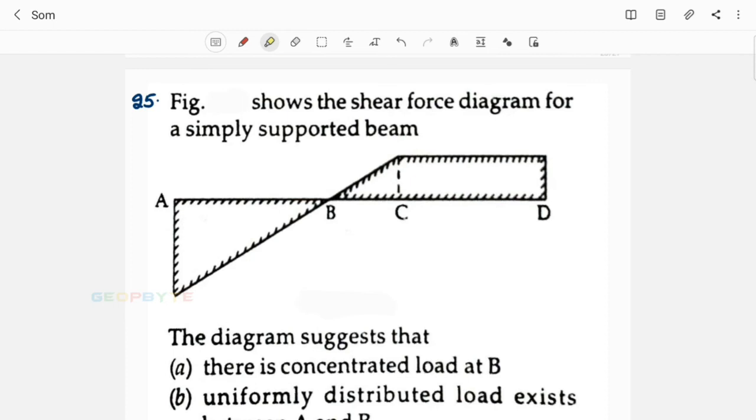Look at the problem. The figure shows the shear force diagram for a simply supported beam. It is given that this is the shear force diagram for a simply supported beam. The diagram suggests that, my dear students, between A and C,